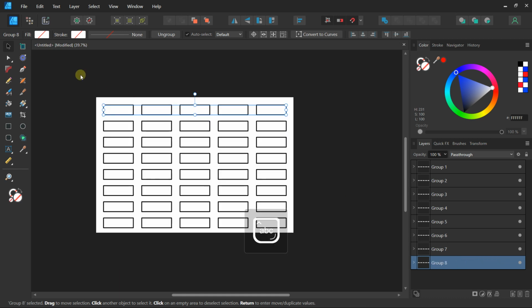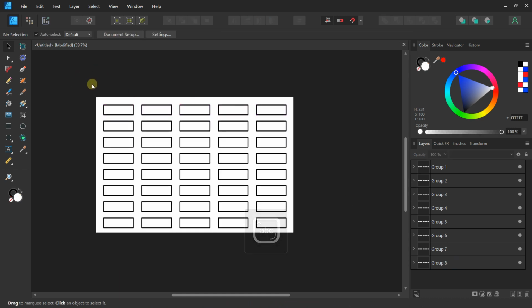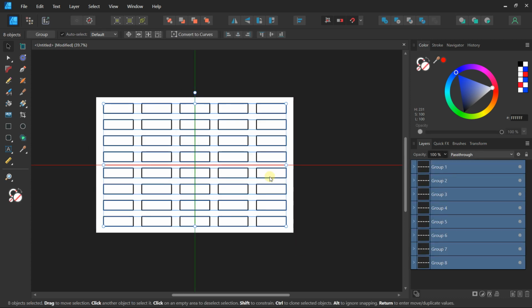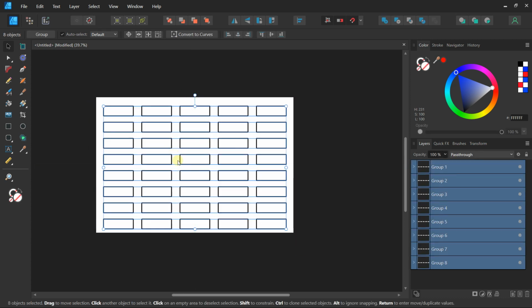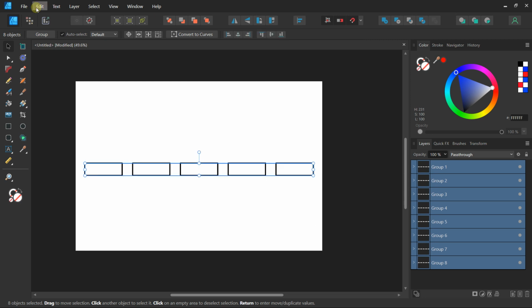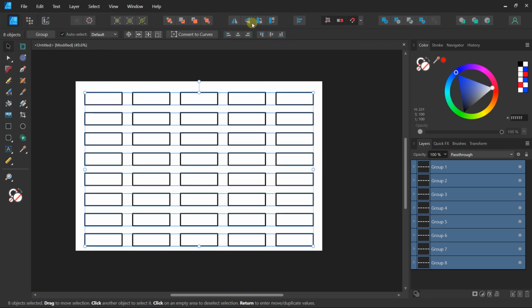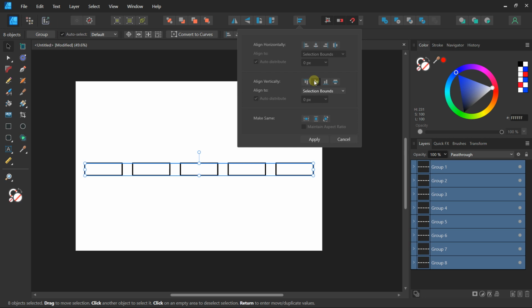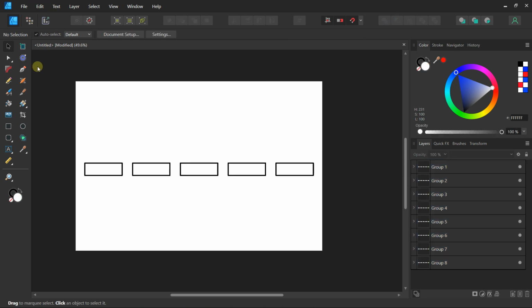So now I will have the same problem. If I don't create a full group and I select all my elements just like this, and I want to perfectly center, I can select align middle. One of the problems is that if I select align middle, all the groups will go like this, and it's not what I want to do. I'm going to show you again, alignment, align middle.